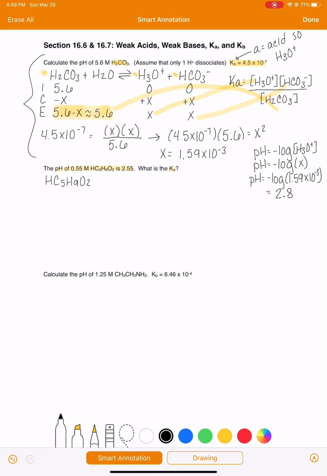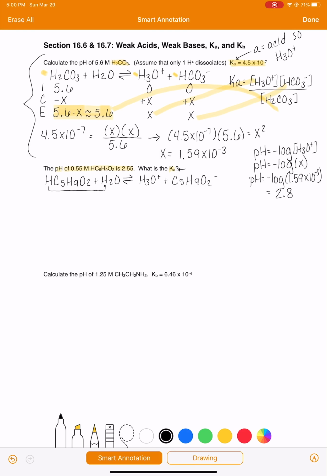HC5H9O2. And remember, it's always reacting with water, H2O. Now you have to predict the products of this reaction. And this problem tells us that it's Ka, which means it's an acid. And when it's an acid, we are always making H3O plus as one of our products. Where did the H3O plus come from? It came from a hydrogen moving over to the water molecule. And after that happened, we were left with